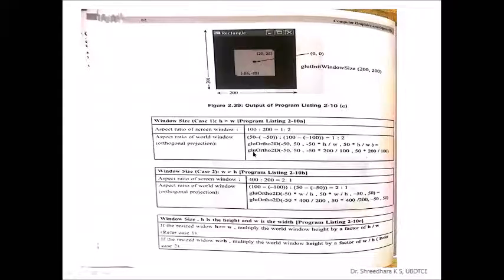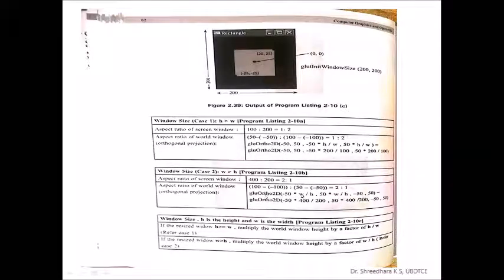First, whenever the height is greater than the width, operate on the aspect ratio with respect to the orthogonal projection: the last two parameters are multiplied by the ratio H by W. Your output will be under the control of the ratio of your window as well as the projection Ortho 2D. The same thing applies the other way: the first two parameters will be multiplied by W by H, and if you keep the remaining two parameters as they are, it maintains the ratio.